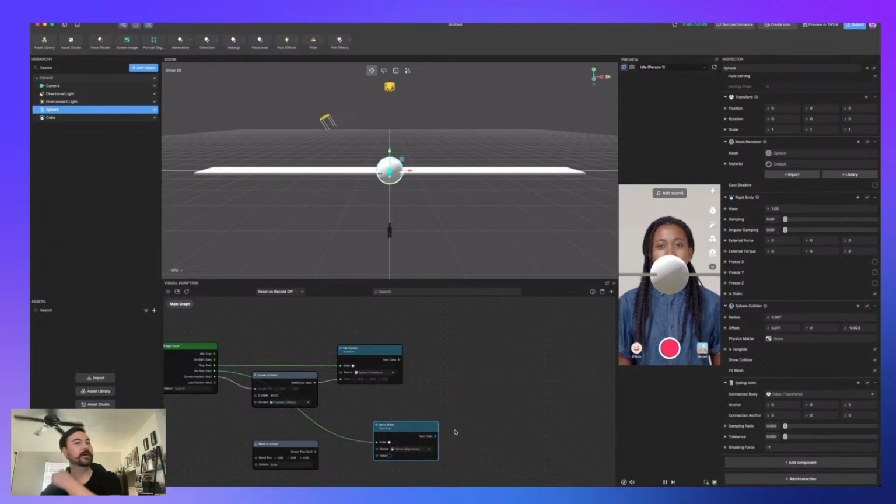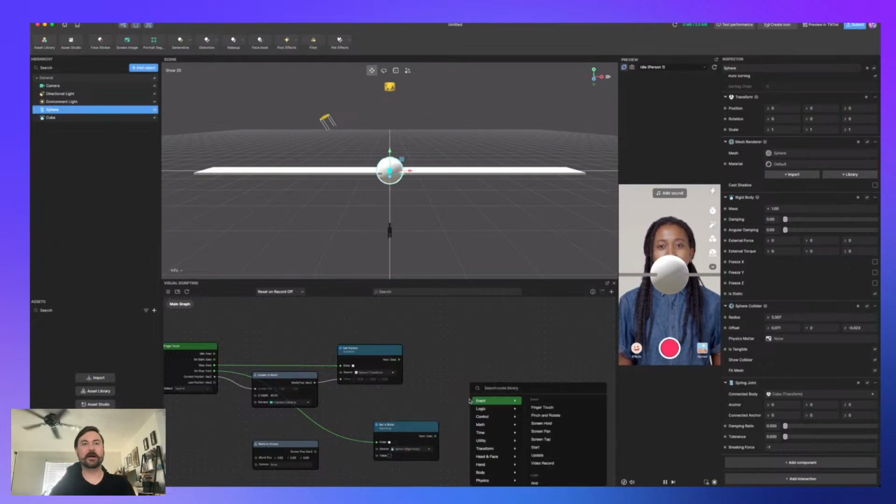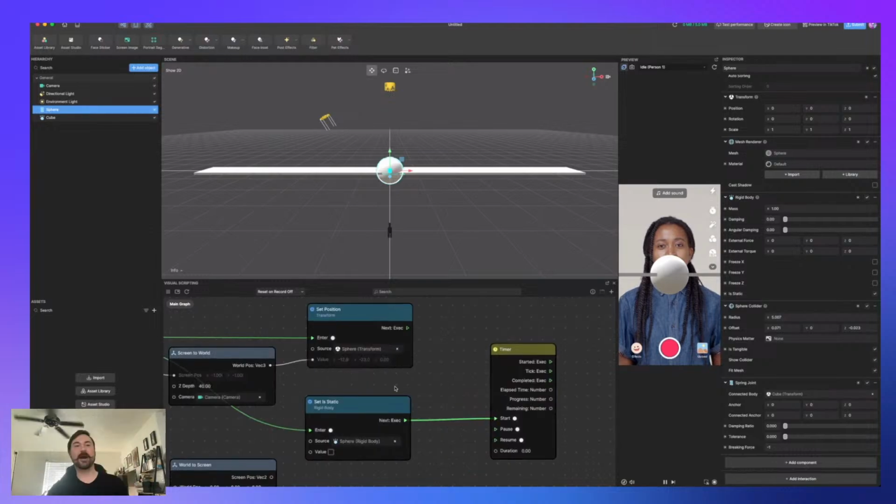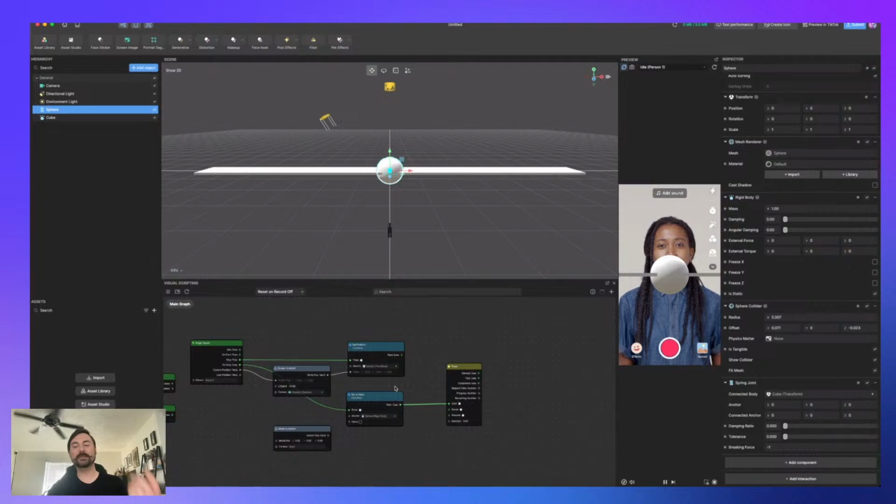So maybe on update, or no, okay, so this is a hack that I love to do. And I don't think it's that hacky. It's a good hack. You should all do it. This is called the update when I wanna. I just made that up. It's not called that, but it's basically an update. So I connect this here because I only want this update to start running after this happens.